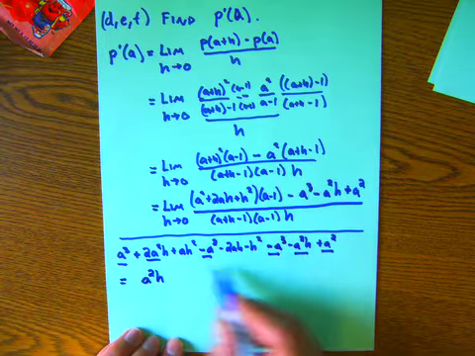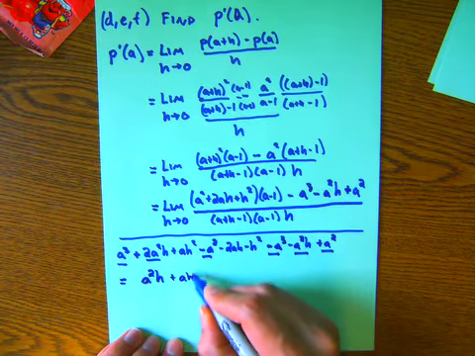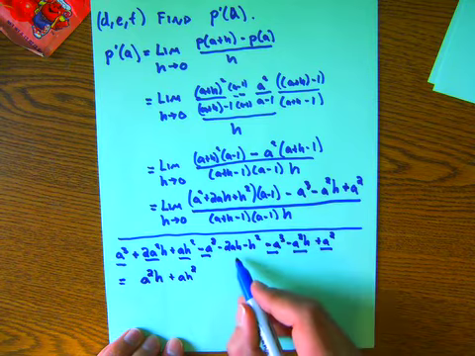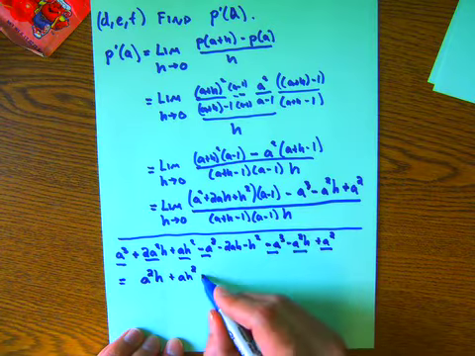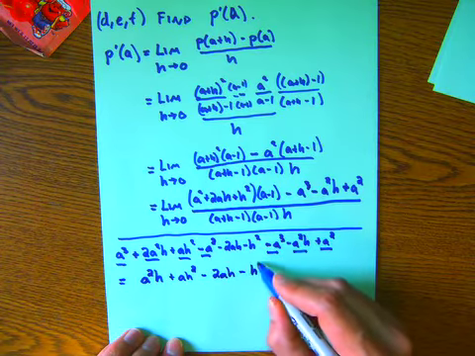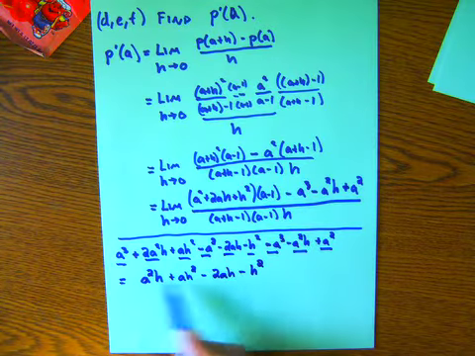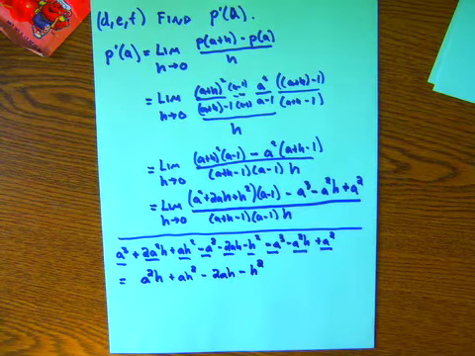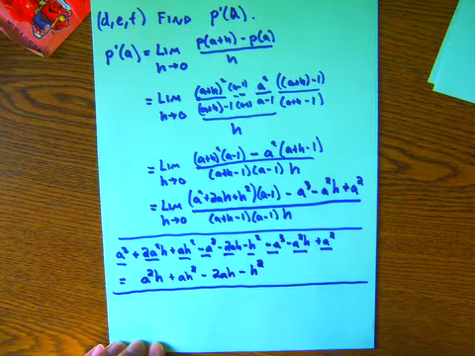An ah squared term is going to be by itself, plus ah squared. I have this ah term, which is also by itself, minus 2ah minus h squared. So what I just did there is I accounted for all these terms and combined what I could. This was just the numerator. And if we go back to our limit,